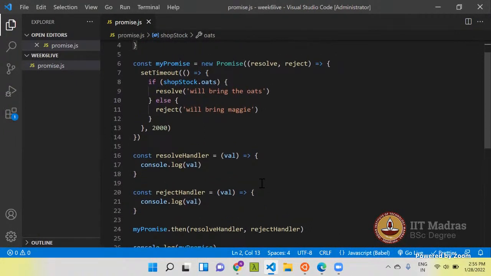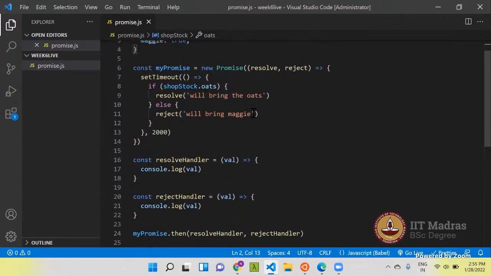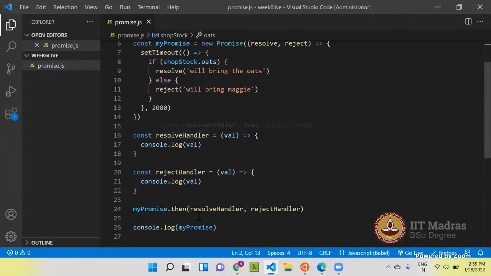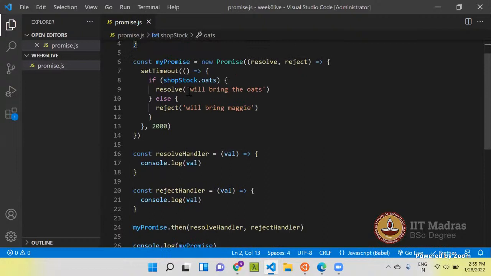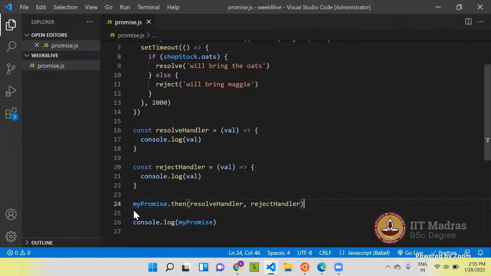I hope you understand what is happening there. Once you create the promise, you can get the resolved value or rejected value in this handler. So now, what this